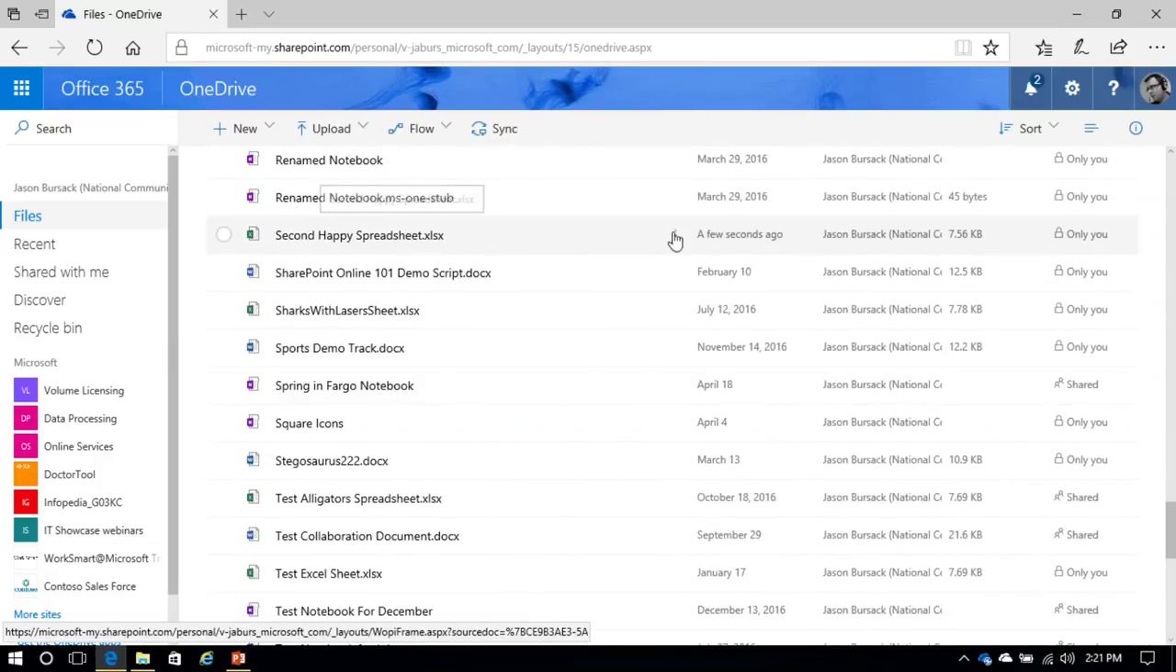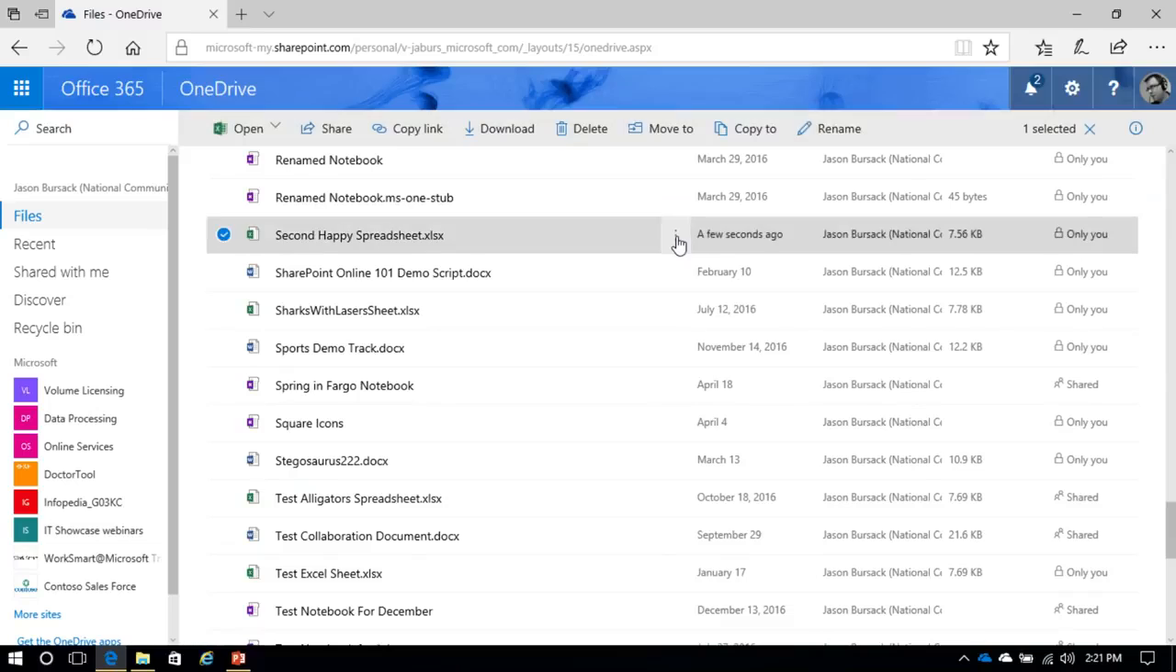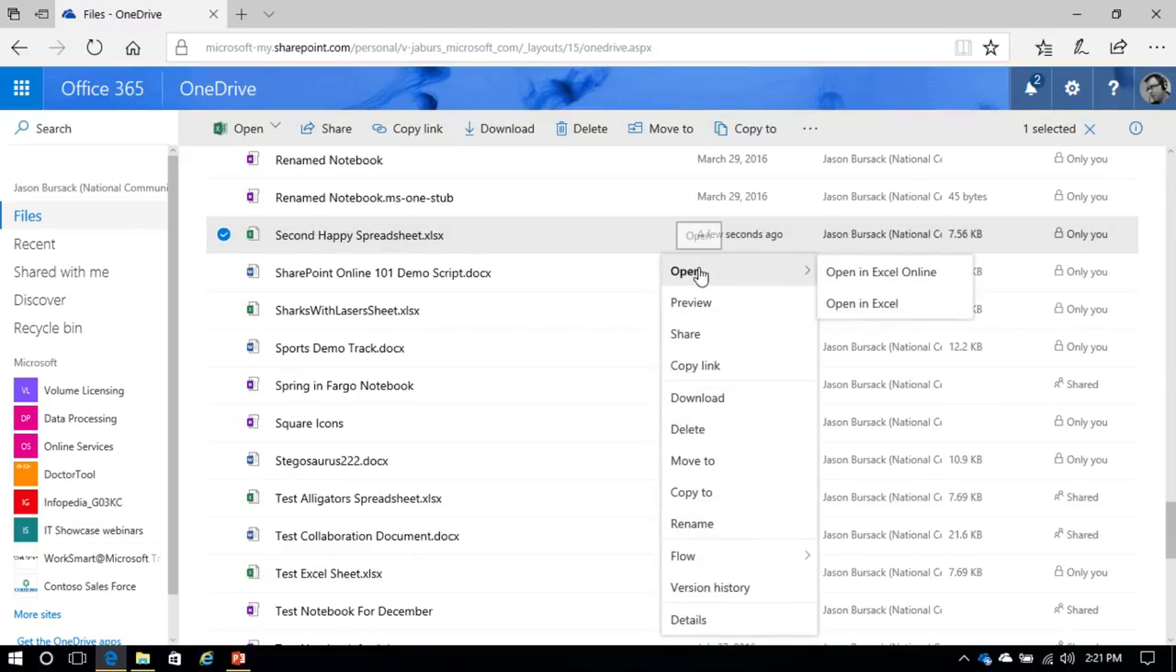There it is. As you can see, we created it a few seconds ago. Okay? So right here in your file management area, as you see, you can open, you can preview, share. If you want to copy a link to the file, you can do that here. Download it, delete it. You can move to, copy to, you can rename the file. And then over here,